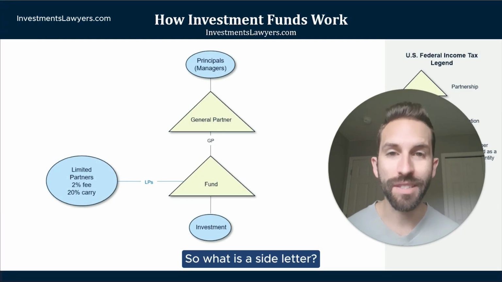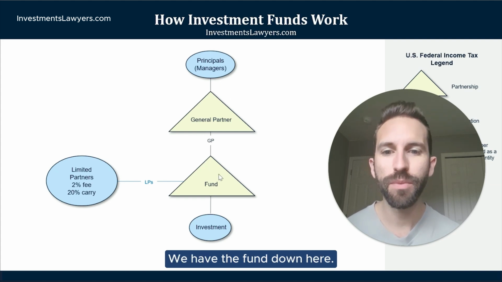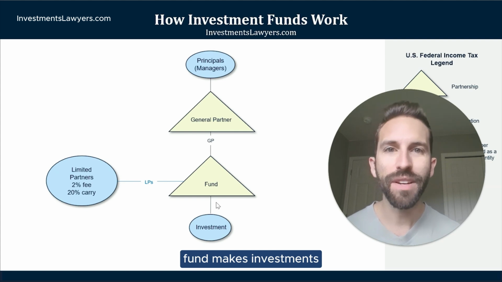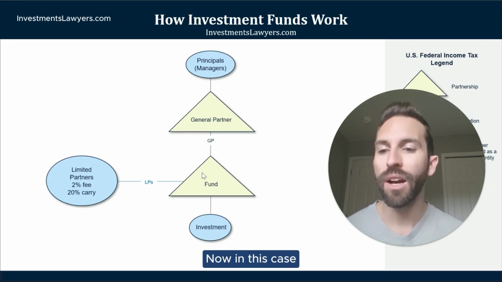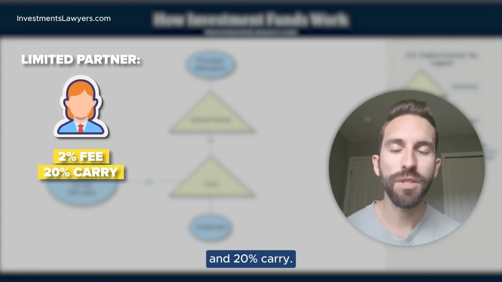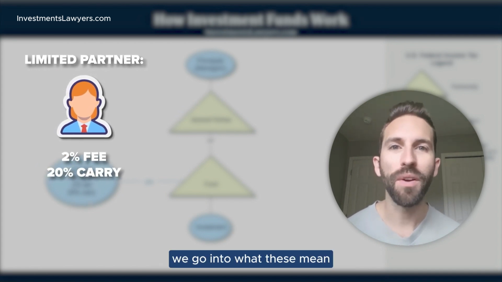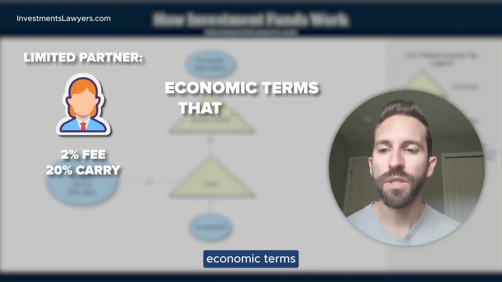So what is a side letter? Right here we have a chart that shows a very simple structure of a fund. We have the fund down here, the general partner controls the fund and makes investments, and there are limited partners in the fund. Now, in this case, the limited partners have a 2% fee and 20% carry. We go into what these mean in other videos, but these are basically economic terms that apply to all